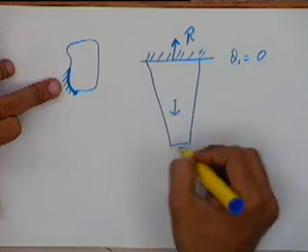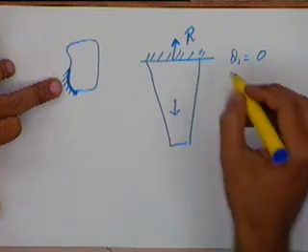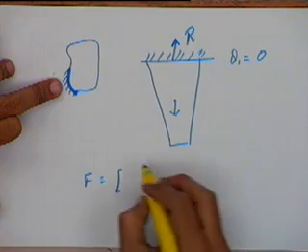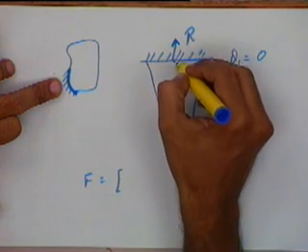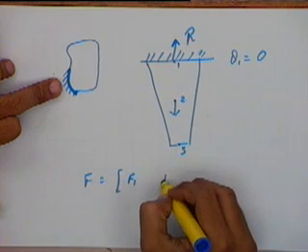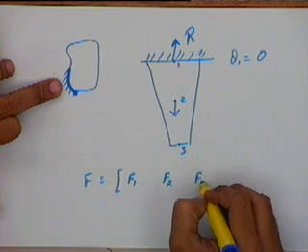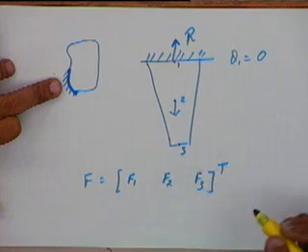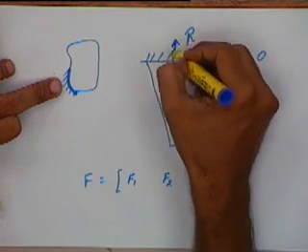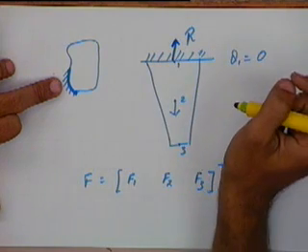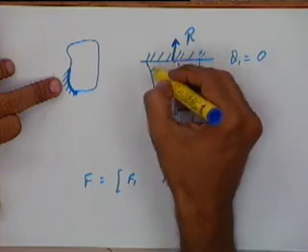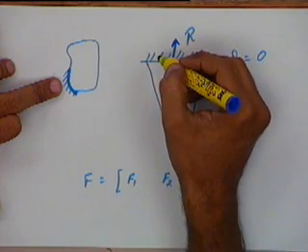When we made the force matrix for this body, we had, let us say, node 1, node 2 and node 3. We have 3 terms, F1, F2 and F3. In none of these 3 terms have we taken into account this reaction. But this reaction is also an external force acting on this body.